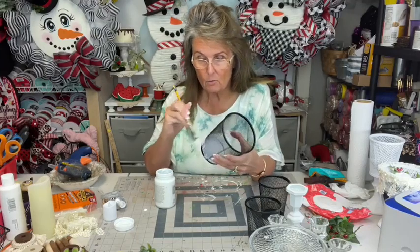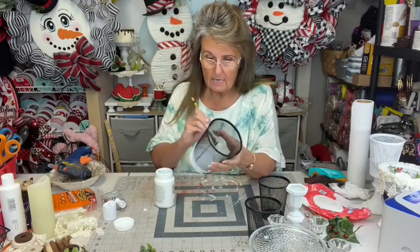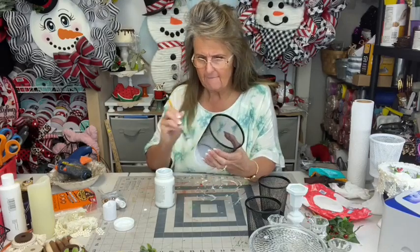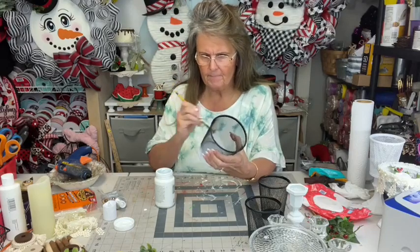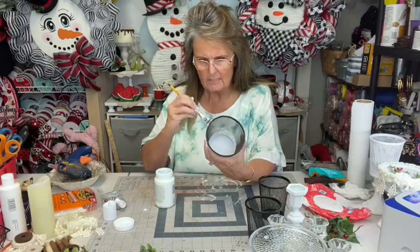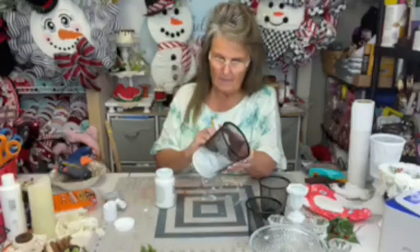So I have an order for an 18-foot garland, and I have got to get stuff for that. That's gonna be fun. I think maybe 12 foot, 16 foot was probably the longest I've done. So we're going for 18 foot. It's not much bigger, but